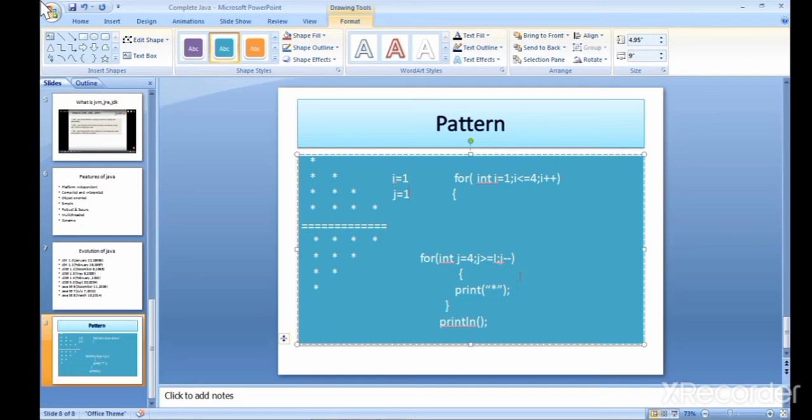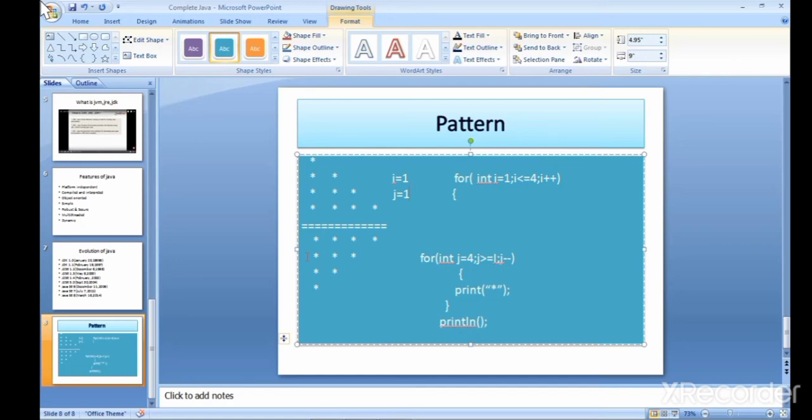After that the value of j becomes 0. Then we check the condition j is greater than or equal to I, it becomes false and it comes outside of the loop and goes to a new line.